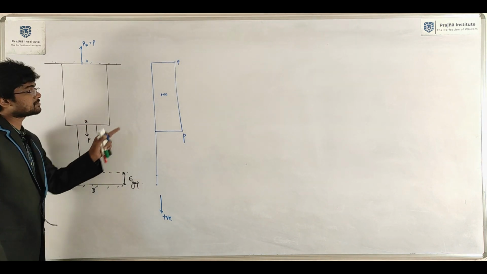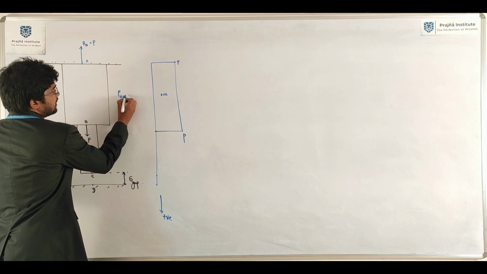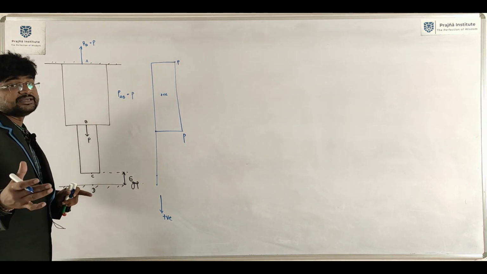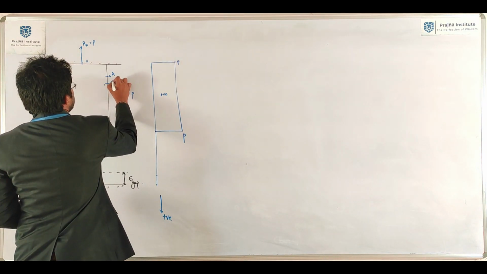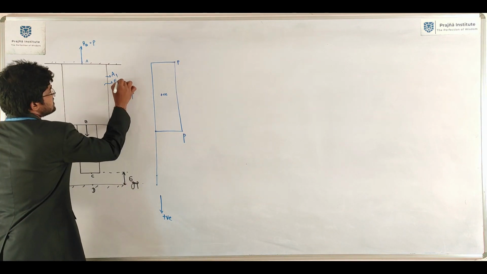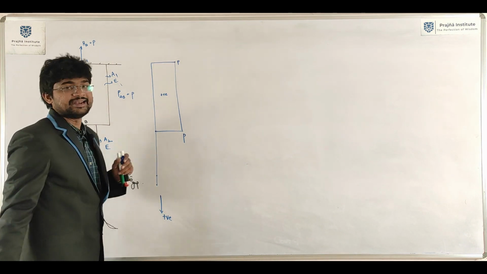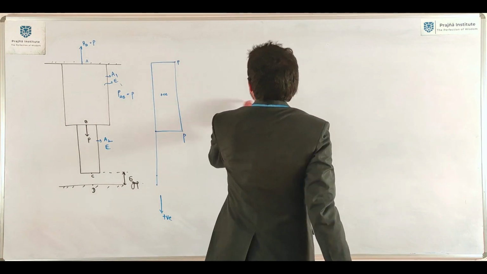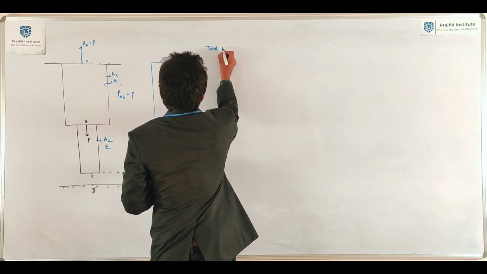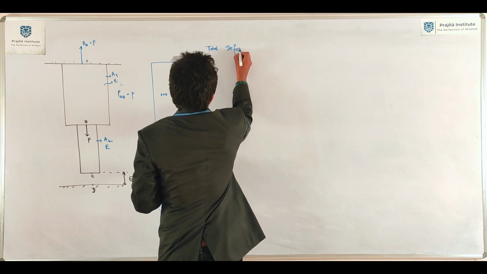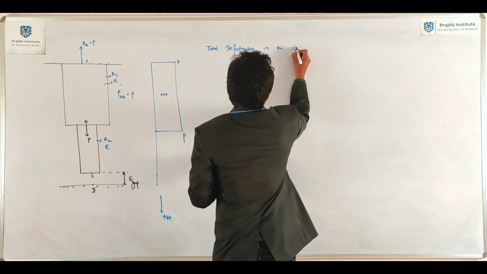So it is P, positive. The whole bar AB is subjected to tensile load P. Here PAB equals P kilonewton or P Newton. Now the area of cross section will be given and E values also given. Here it is A1 E, it is A2 E. Now determine the total deformation in the compound bar.